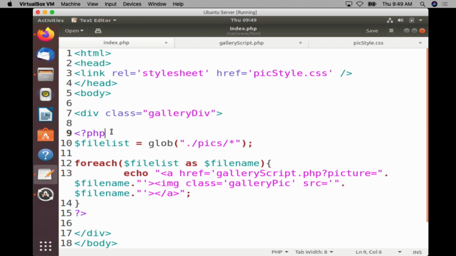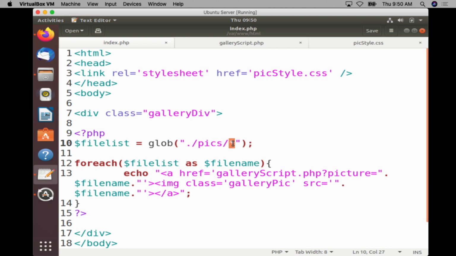Then past that, what we're going to do is we're going to come down and we're going to open up our PHP script. So we open up the PHP here and we close the PHP here. The first thing that we need to do is create the array that we're going to be stepping through, and we need to fill that array with all of the files in the pics folder. So this is where we use that glob function. So again, what the glob function does is it steps through a folder. It takes all the file names that match whatever pattern you give it, and then it puts it into an array. So basically what we do here is we do glob, parentheses, double quotations, and then basically what we're saying here is go into the pics folder,